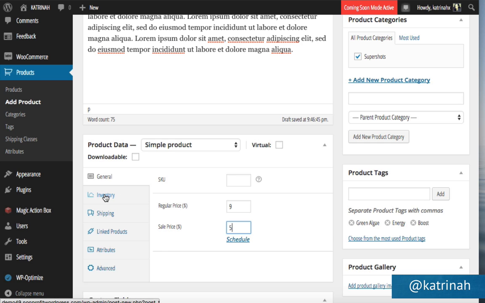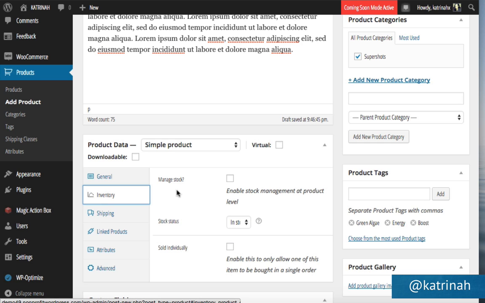Next up, here we have the inventory section. If you'd like to manage stock, if you were creating those SKUs in the previous example, you can do so here. Once again, note that there's this question mark, which when you hover on top of it, it will tell you exactly what the stock status is all about. Also, if you want to sell things individually, you can click on this box. I'm not selling this particular product that I'm uploading right now individually, so I'm going to leave all of these unchecked. I'm not going to touch those.